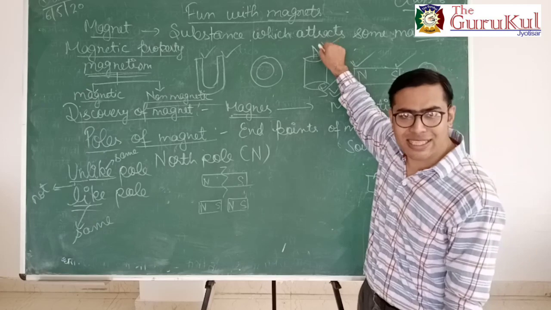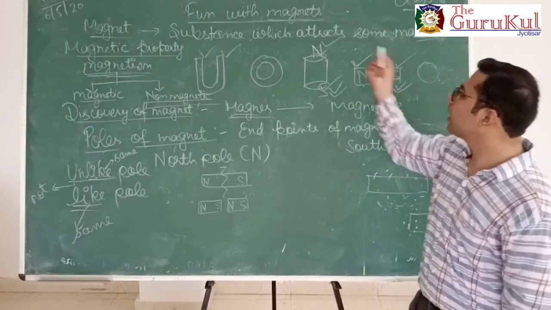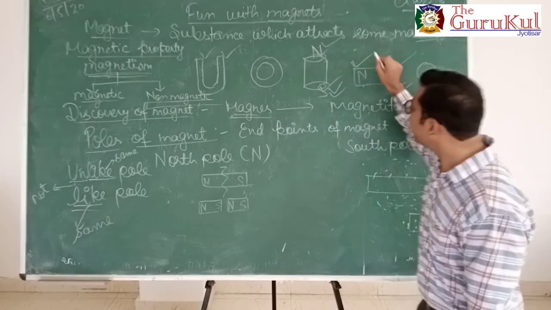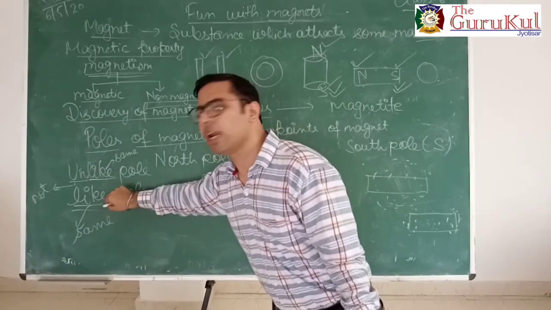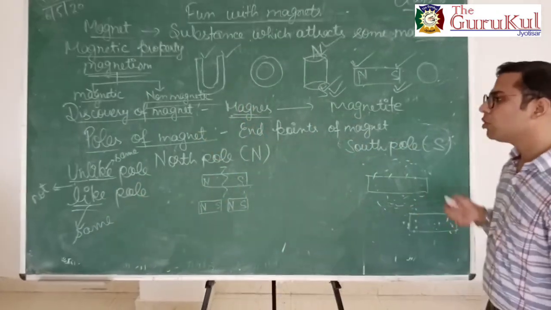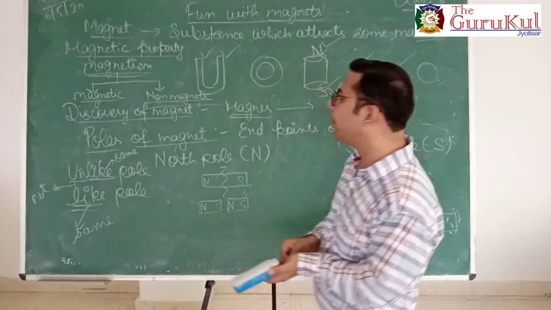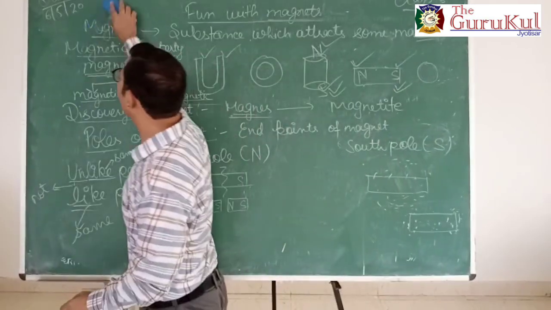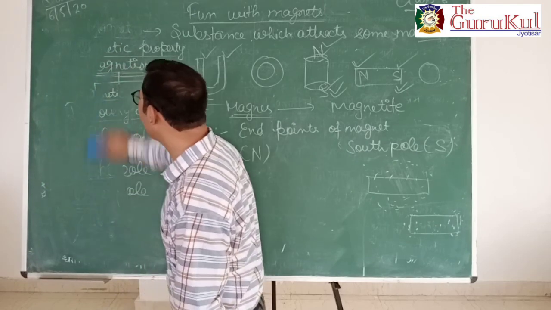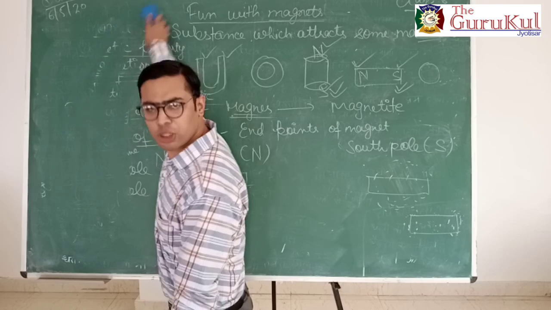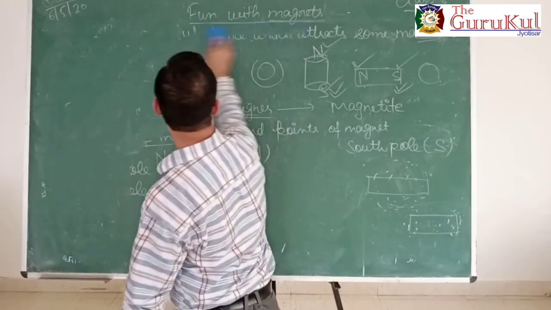Why? Because it is north and it is south. So different poles are there, that's why they are unlike, and it is north, it is also north, so that's why they are the same, that's why they are called like poles. Understand? Now after this topic we are going to study the next topic, that is properties of magnets. There are mainly 5 properties of a magnet which we are going to study one by one.